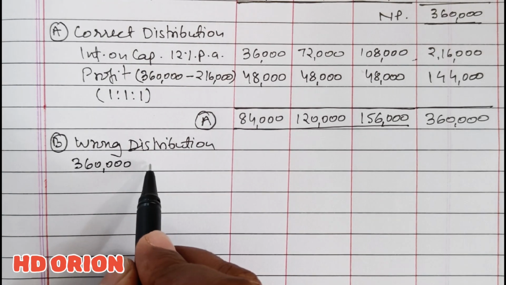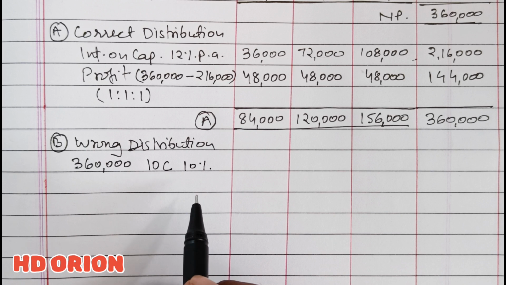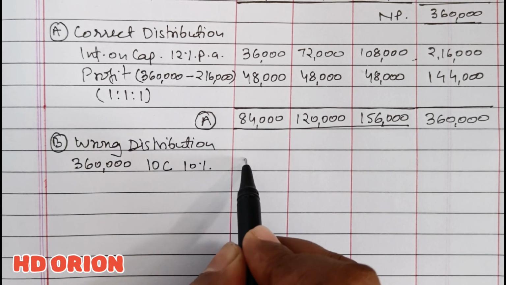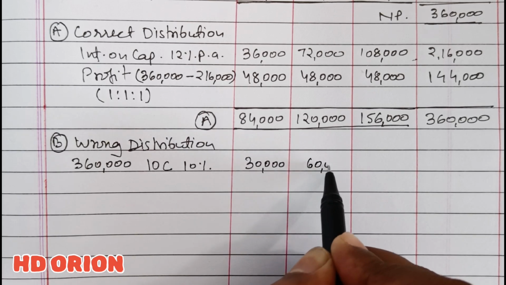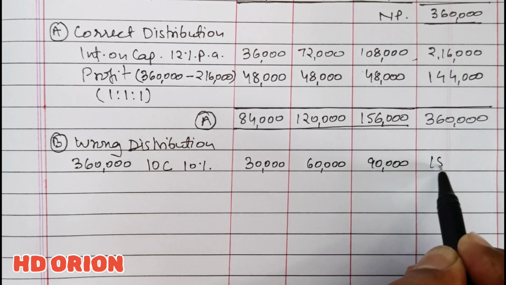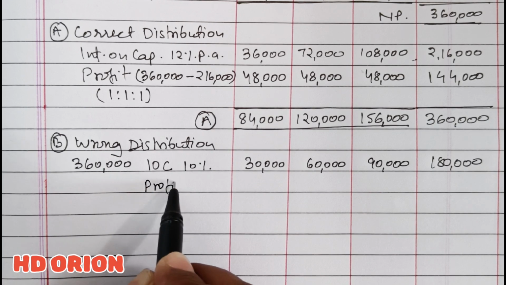First is interest on capital at the rate of 10% per annum, that is rupees 30,000, as we have earlier calculated just 5 minutes before, 60,000 and 90,000. So first 1,80,000 was given in this way,